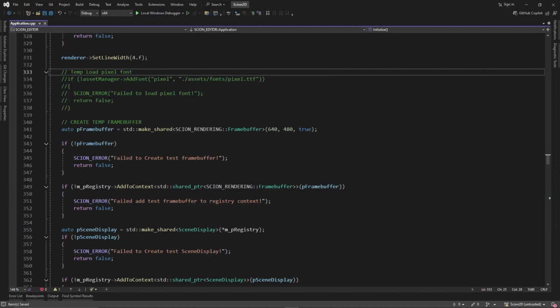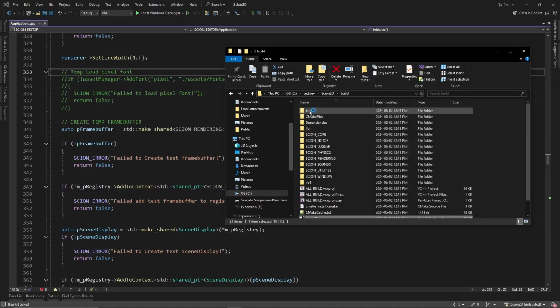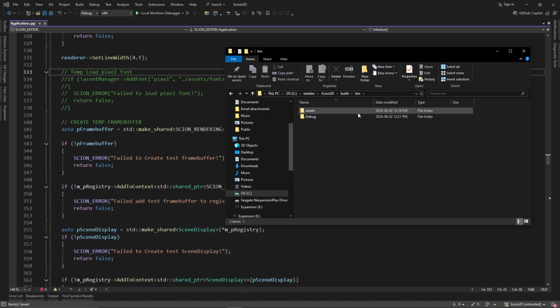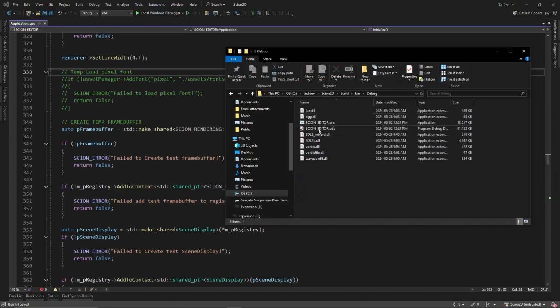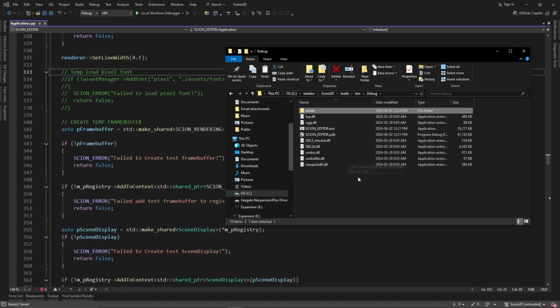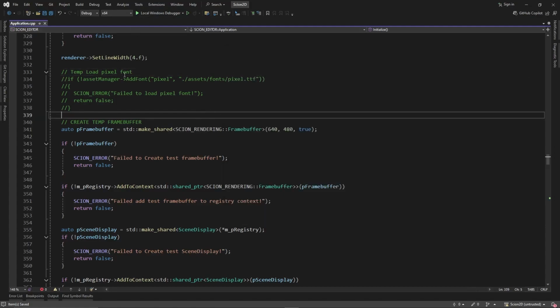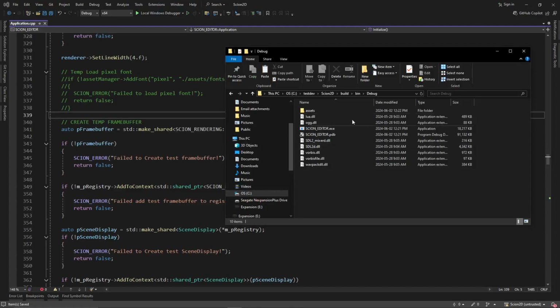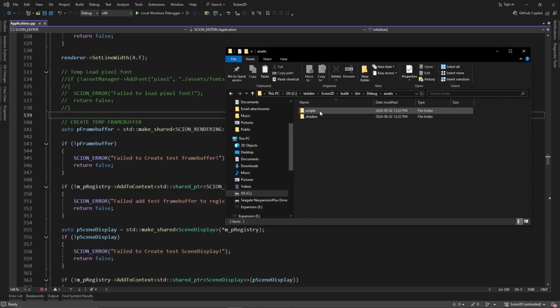Also, there's another problem. If we open up the folder here in our bin, what MSVC does is it creates the debug folder. So it's expecting the assets to be in this folder. We can just copy these and put them in here. And if we run it again, we won't have the font issue, but we'll have another issue where we're not loading the assets. So right here, if we go into our scripts and go to main.lua,